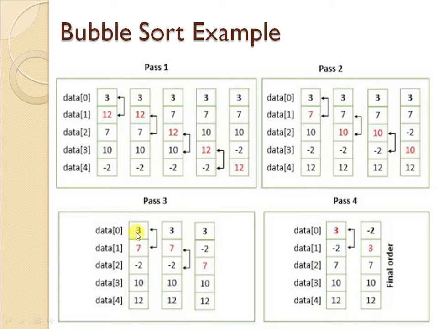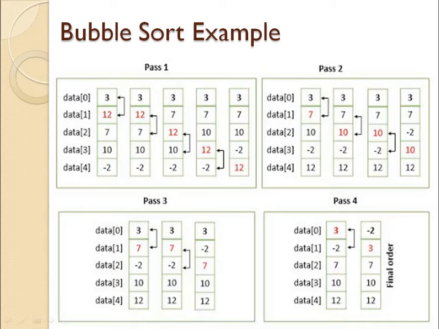Now at the third pass, 3 and 7 are compared, no change required. 7 and minus 2 are compared, changed, swapped. Now 7 is at its correct position. So at the end of third pass, we have 3 elements that are placed correctly. Now the fourth pass, 3 and minus 2 are compared and they are swapped. So this is the final order of the elements. So you are having 5 elements and it took 4 passes to sort the list